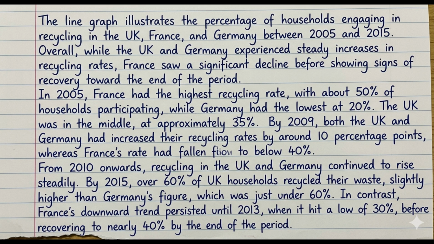So, to get a Band 7 or higher in IELTS Writing Task 1, follow the 4-paragraph structure. Write a clear overview. Use comparisons and data, and use accurate vocabulary. Practice this structure, and you'll see improvement very